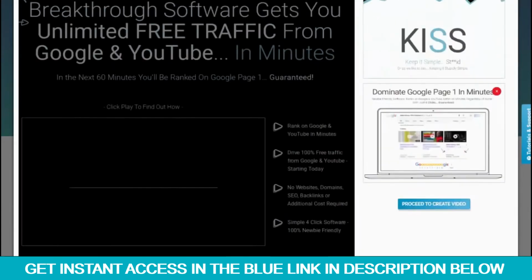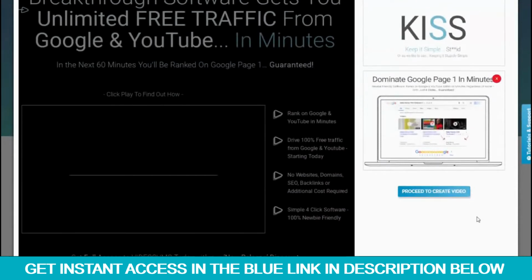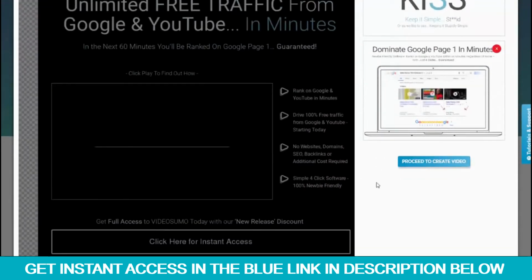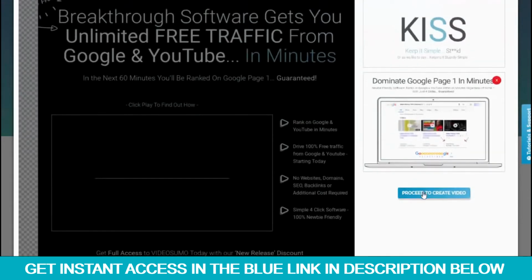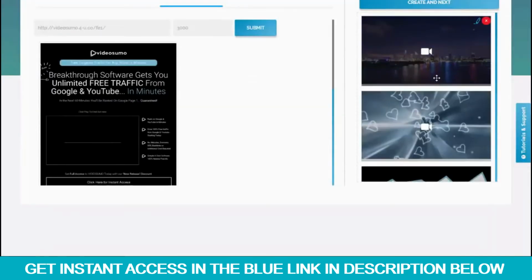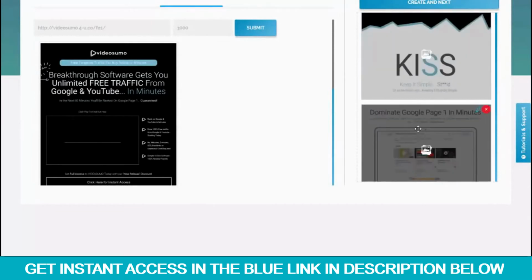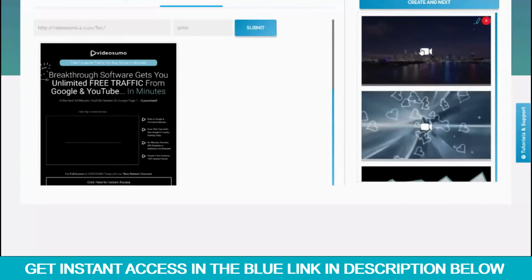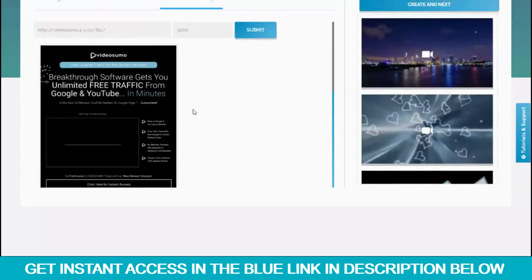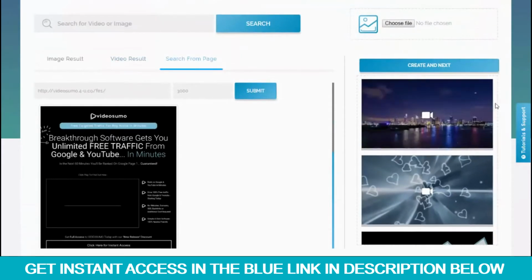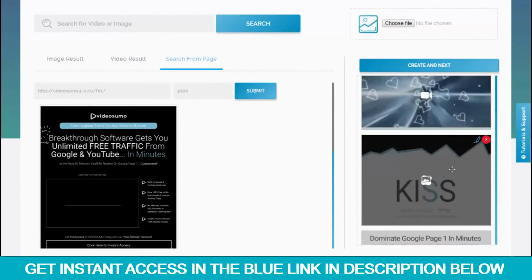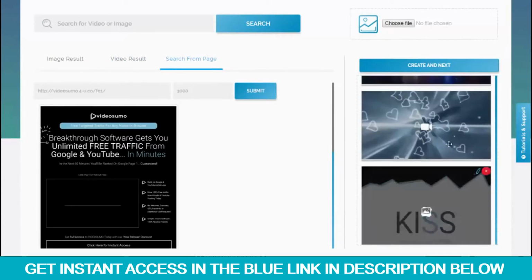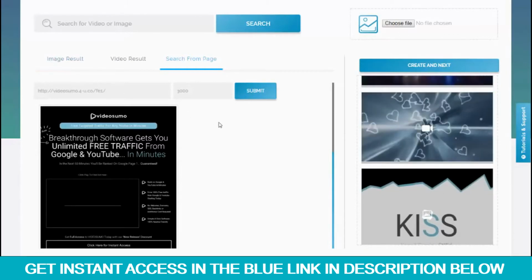It will take you a few minutes to grab all of the slides, and then once you've done that, and once you're happy with the amount of slides you've got, just click proceed to create the video, and you can see those slides are added there. Now what you will notice is, just for this example, I just threw in a couple of video clips that were available free from video results. Now obviously I didn't actually put in a keyword, but if I had, I could have used these within this video. So I can use the slides, I can use video, I can use images, I can take slides from different websites,